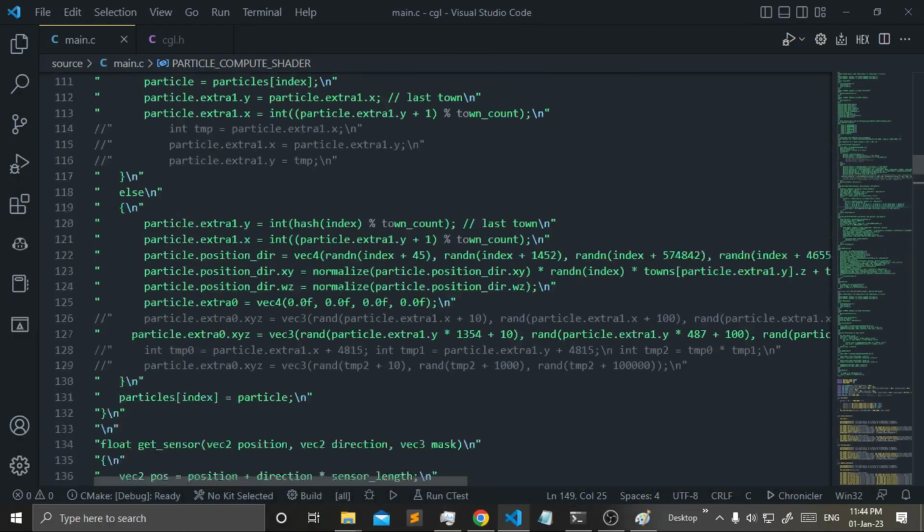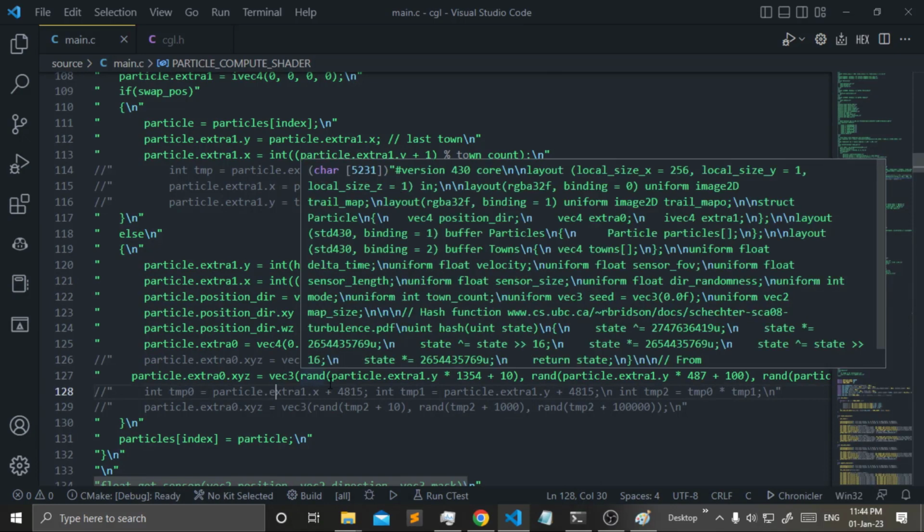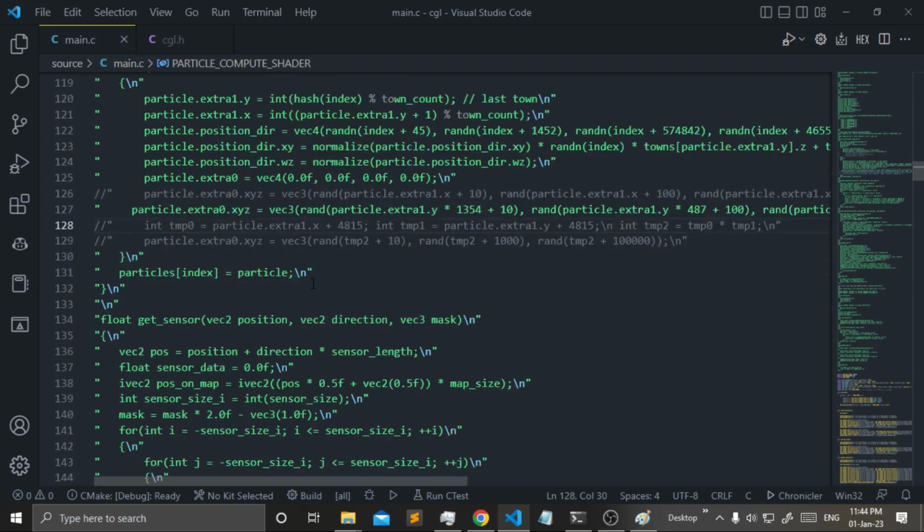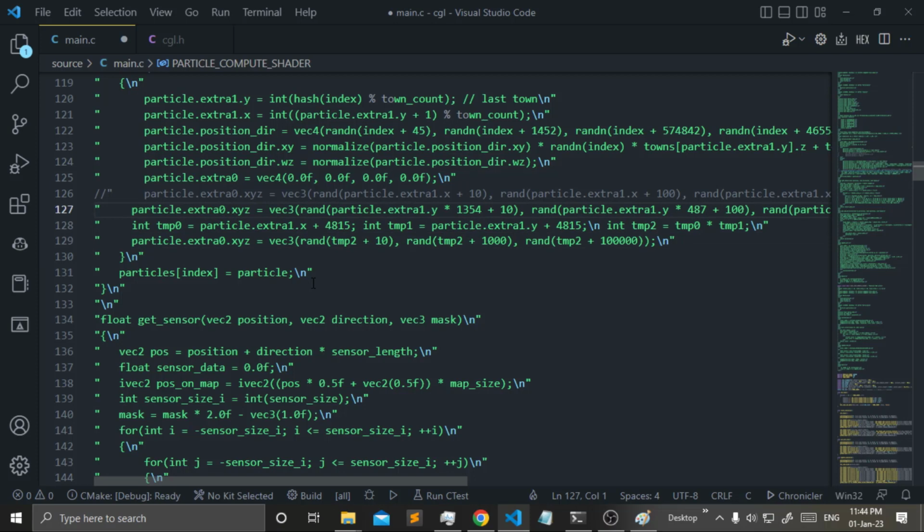Okay, now the next behavior I want to talk about is this: currently the particles are moving from one town to the other. Now what if I tweak that and try to make something different? So what if I change that and okay,